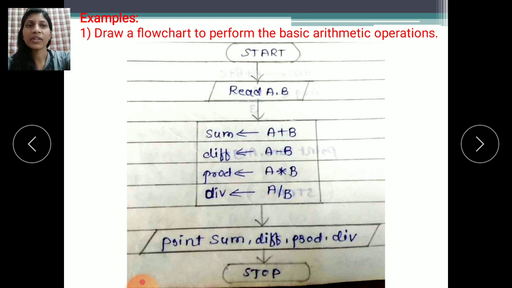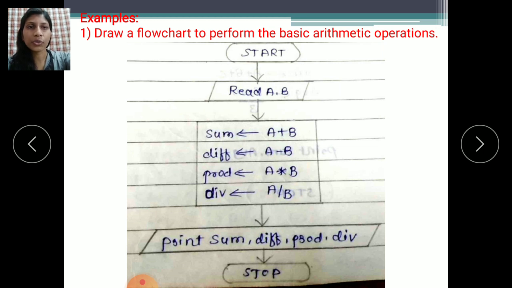Second step is read the inputs. Whatever inputs we are using in our program, read those inputs. This is step 2. In step 2 of the algorithm, we write down read the inputs. Whatever inputs we are using, we declare in step 2. So read A, B. We are using A and B as inputs.